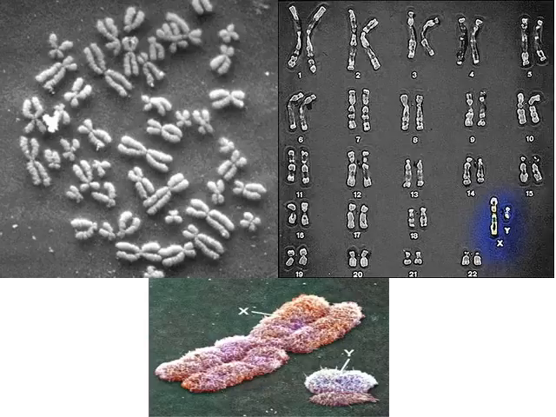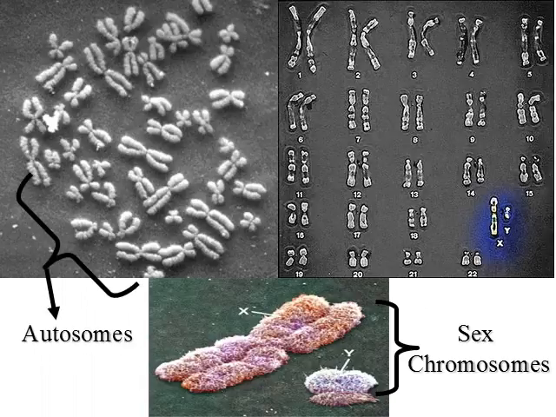And again, you've seen this picture before showing you the sex chromosomes. You recall that the non-sex chromosomes are called autosomes. So these here on the top left are the autosomes, whereas here are the sex chromosomes, the 23rd pair. This would be a male in this case because it's XY. If it was a female, you'd see 2 long X's. And again, remember the Y chromosome has less DNA than the X chromosome. You can see that in the little image here. There's much more DNA coiled up here, here, here, and here on the regular X chromosome than there is on the